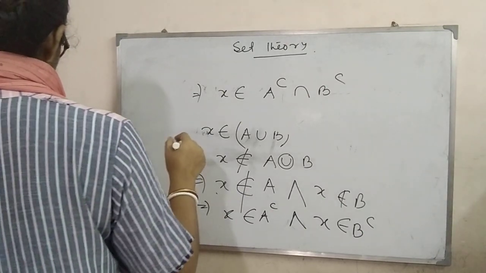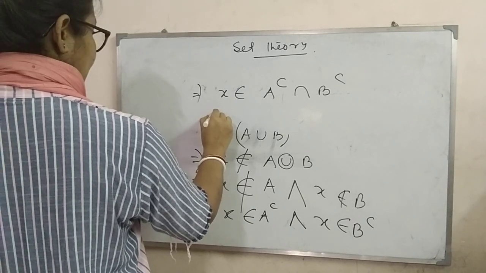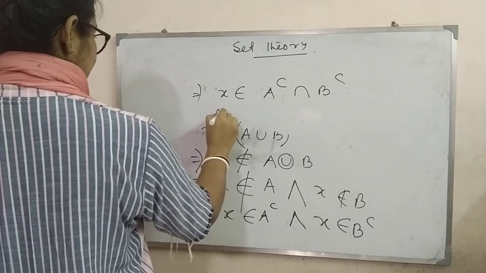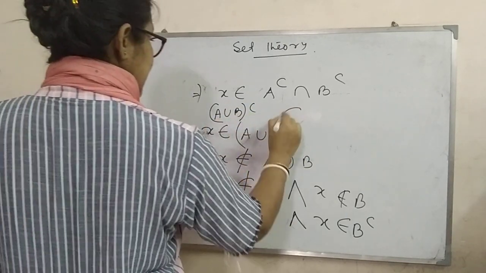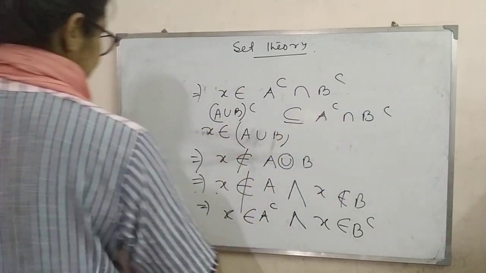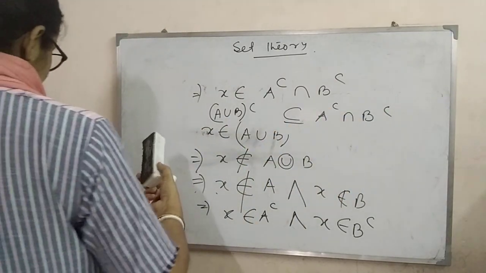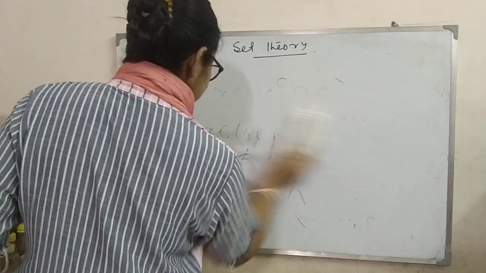So I can write (A union B) complement is a subset of A complement intersection B complement. This is the first thing, and the second thing is